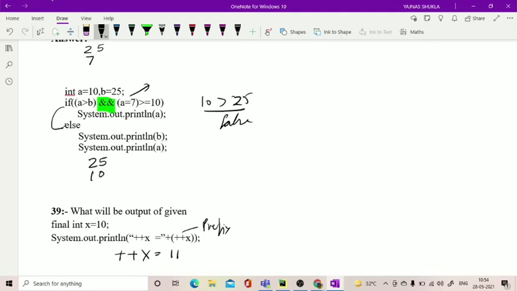But children, did you notice one thing? In the variable declaration, what is this? Final int. So what is the role of the final keyword?